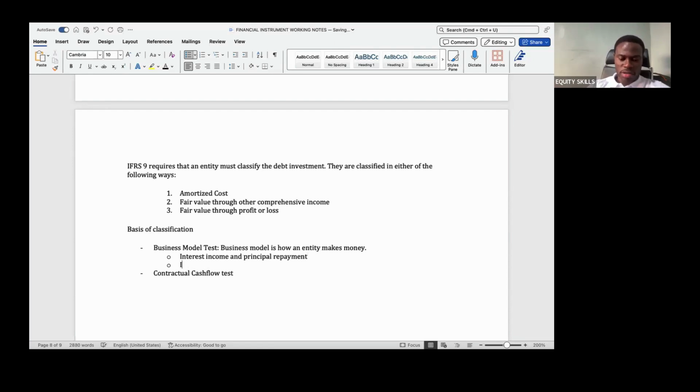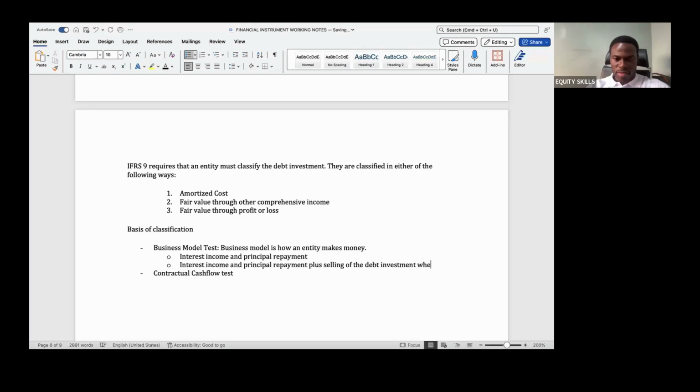Or it could be interest income and principal repayments plus selling of the financial asset, or selling, let me call it, to be consistent, the debt